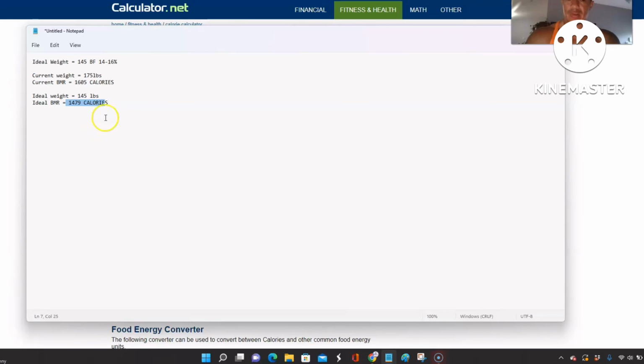And then any exercise that you do is going to create a bigger deficit. So if you burn 300 calories, now your deficit is going to be about 500 calories. If you burn 400 calories, it's going to be 600 calories, more or less. So this is an estimate. Exercise is only going to increase your deficit, so you can burn fat faster. But again, this is the first step. This is lesson number 2. Just find this information, and you're done with this lesson. And let's move on to lesson number